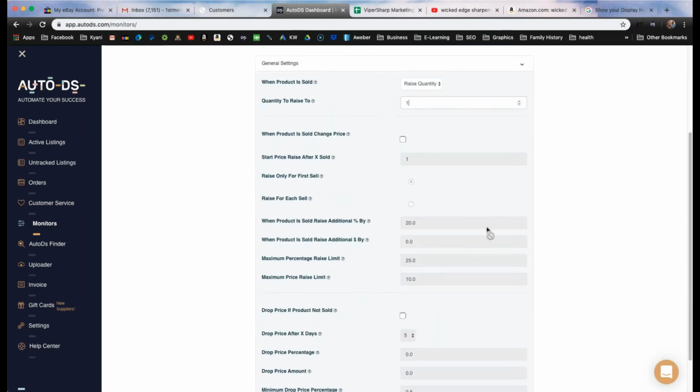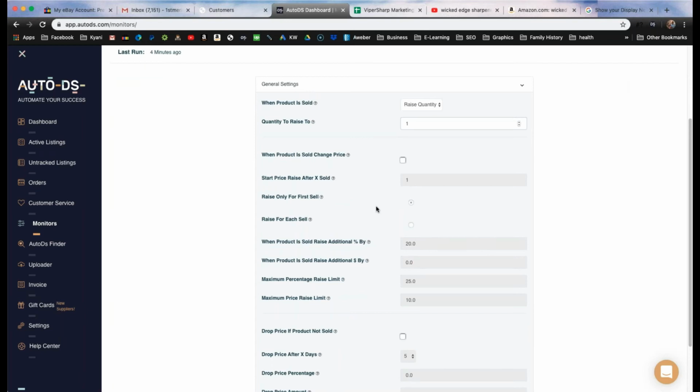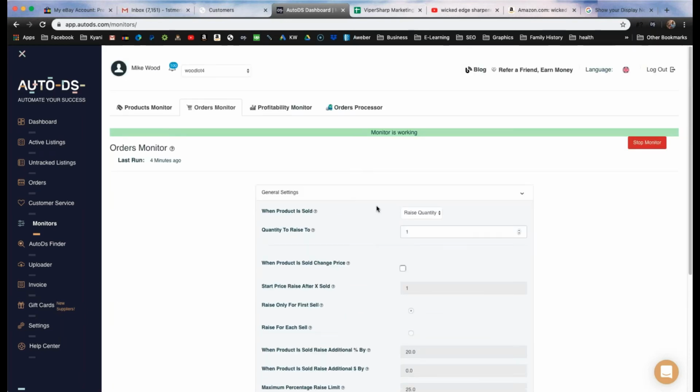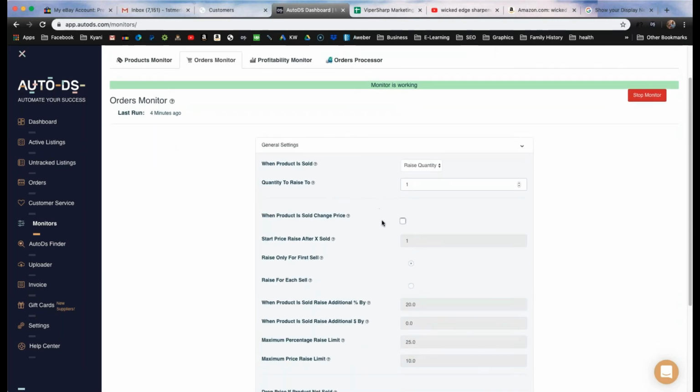All right, so the rest of this stuff, let's go ahead and talk about this, and then I'll do another video that goes through the details on the profitability monitor, the other one that's in here. So with this one, after you set the raise quantity and the number to raise it to, well, then we've got this section down here. When product is sold, change the price. So this feature will change all your listing prices of sold items after they sell for the first time with the settings below. So if it sells once, then we could say, okay,